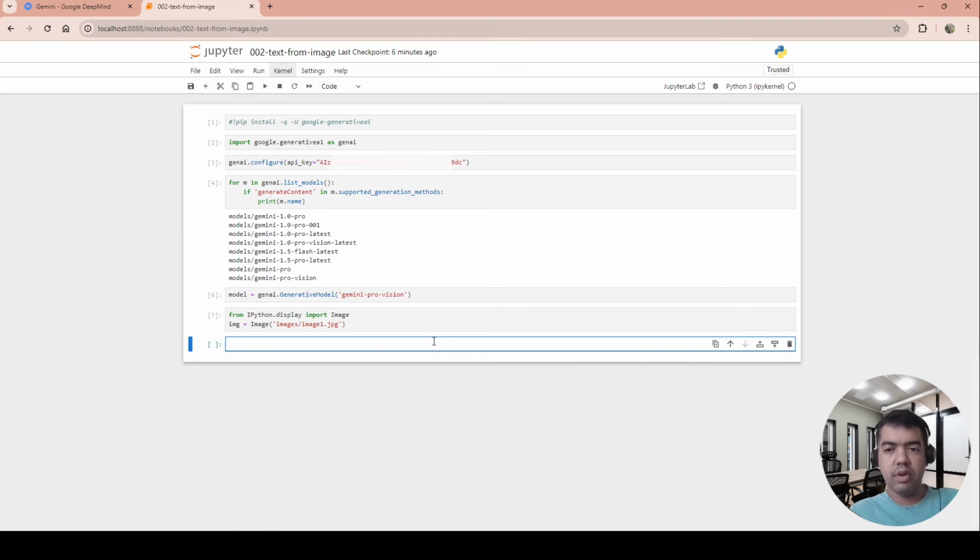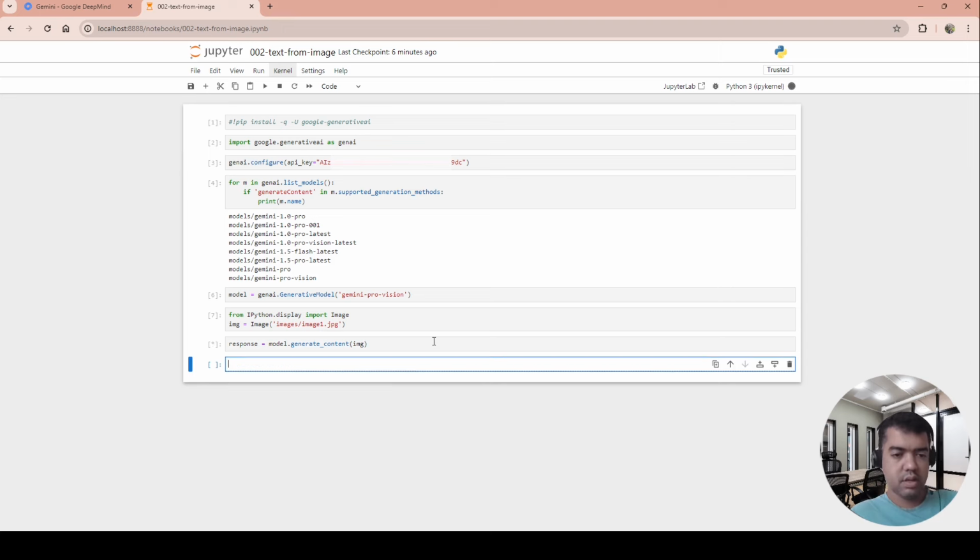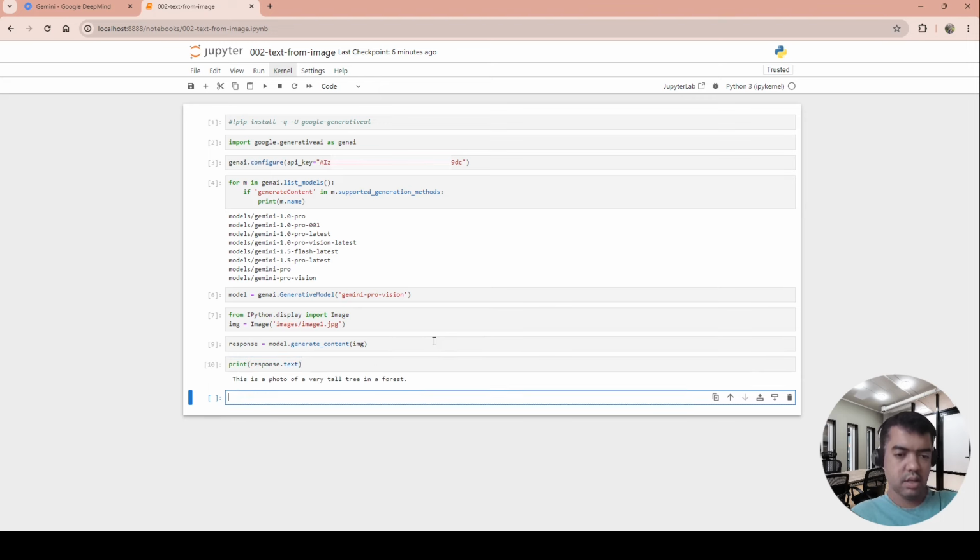And to try our model, we will execute a simple command to get a response. response equals model.generate_content. Send the image as a parameter. Okay, print the response.text. Okay, we can see a description returned from Gemini about our image, but we can improve our command by sending